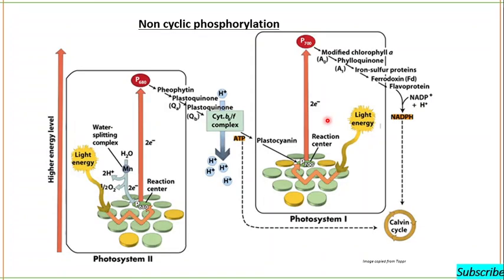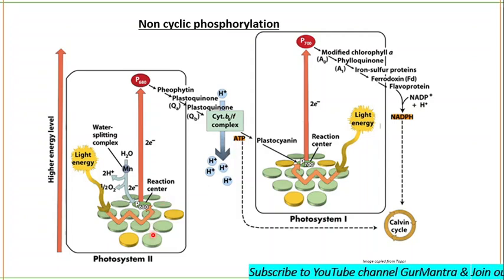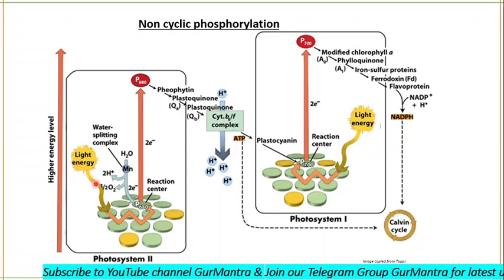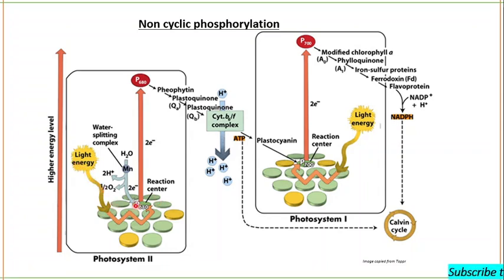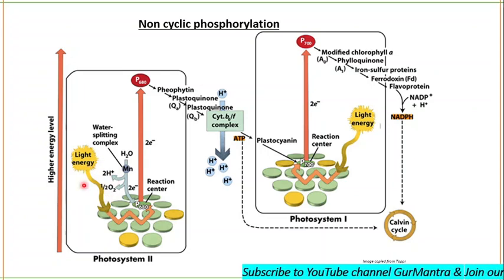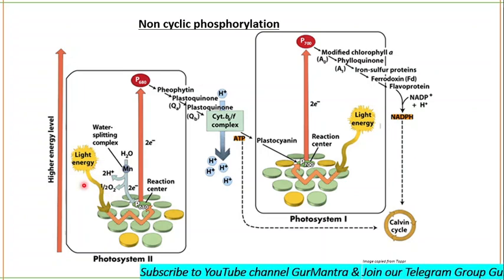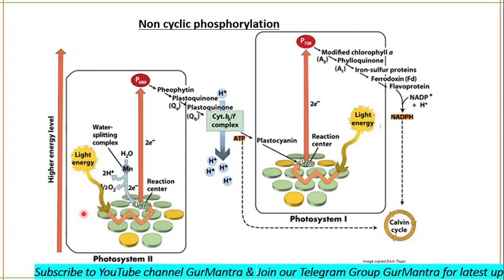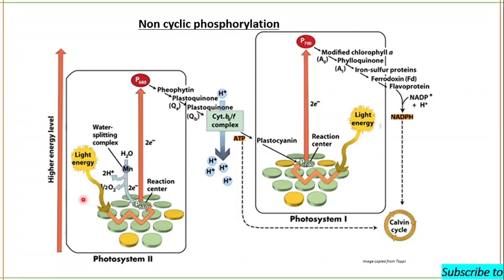Okay, let's start again. We will go through each and everything again. Okay, this is photosystem 2. Photosystem 2 will be getting the light energy. For 1 electron, there will be a requirement of 2 photons. Okay, for 1 electron, there is the requirement of 2 photons. Clear or not? Clear, ma'am?